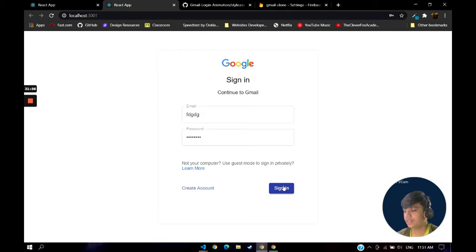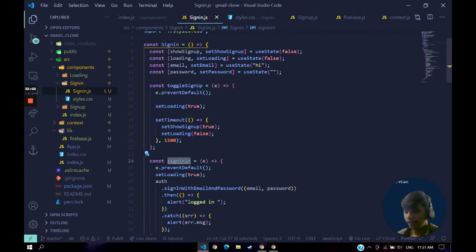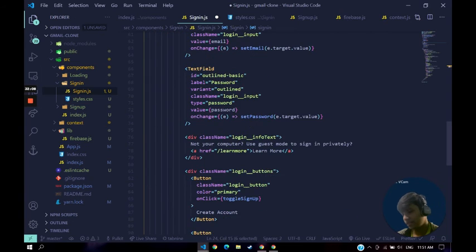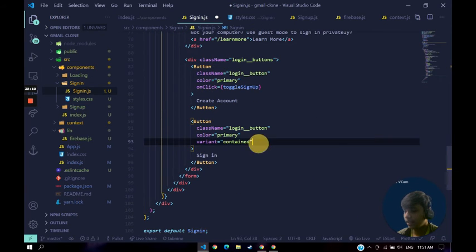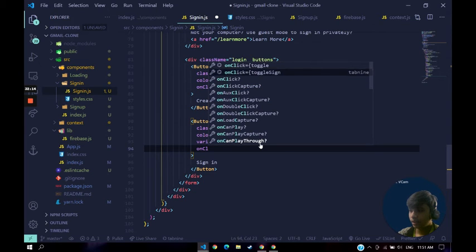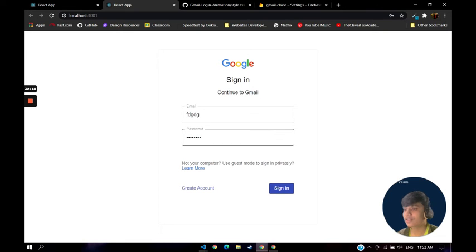nothing happened, because we also have to call this, right? Whenever the user clicks on sign in, this function should be executed. So here we'll say onClick is equal to signIn. Save that, go back to your application. Now it should work. So if we sign in,